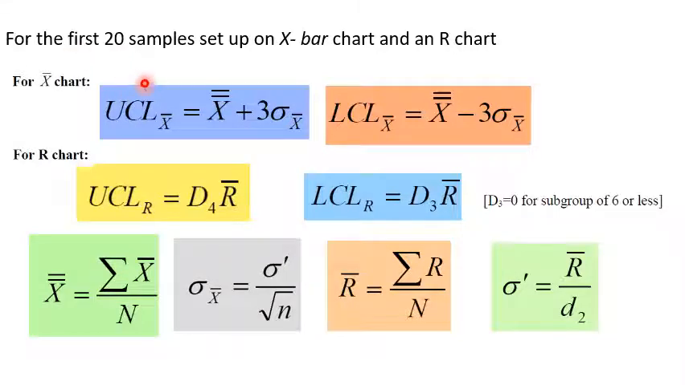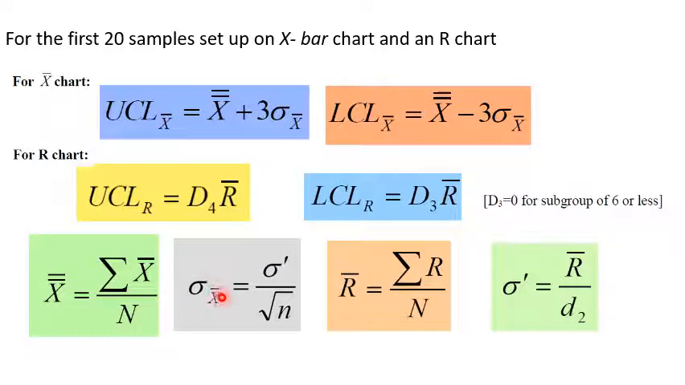So for the first 20 samples we are going to use these formulas. For the X bar chart, the upper control limit for X bar is X double bar plus 3 sigma X bar, and the lower control limit for X bar is equal to X double bar minus 3 sigma X bar. For the R chart, the upper control limit is equal to D4 R bar, and the lower control limit for the R chart is equal to D3 R bar. And in these formulas, X double bar is equal to summation X bar divided by n,